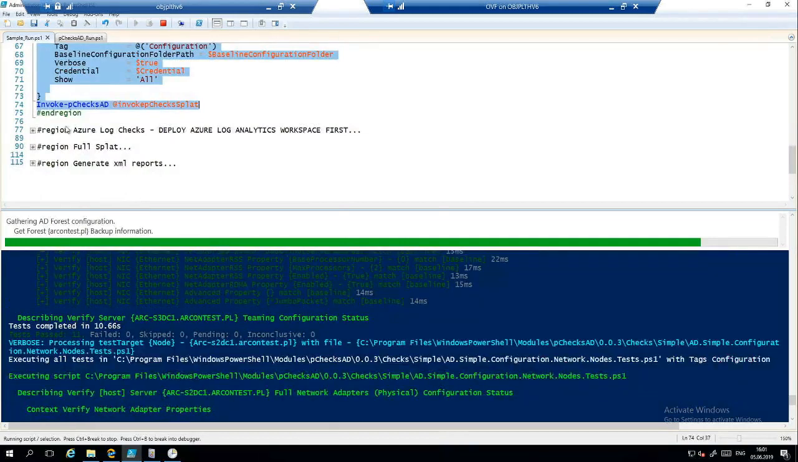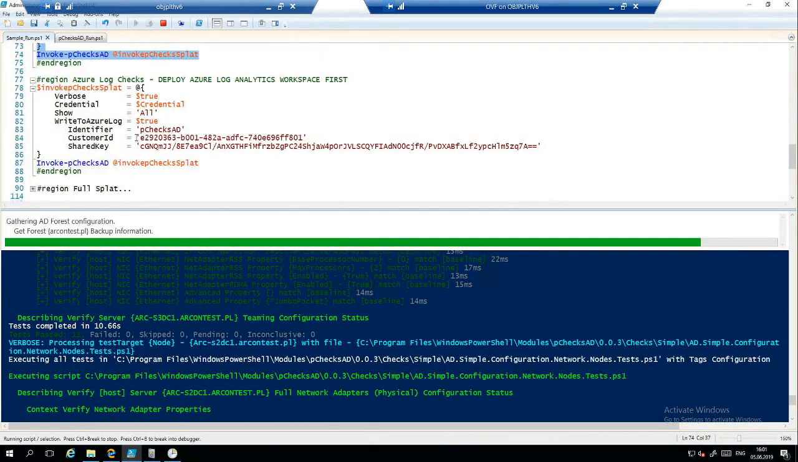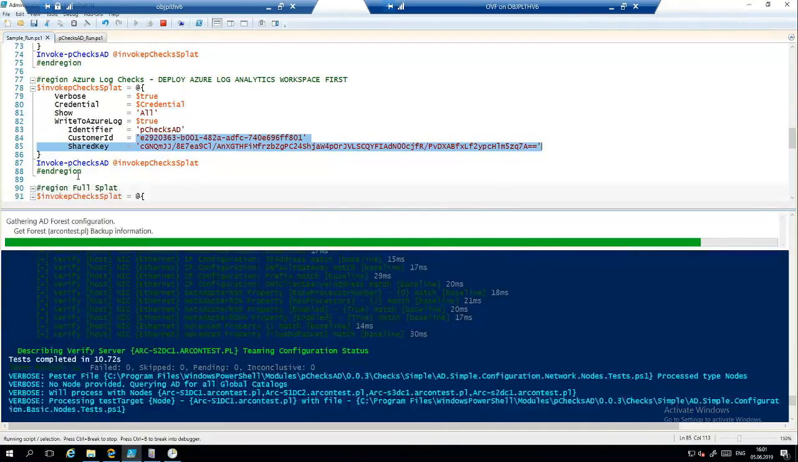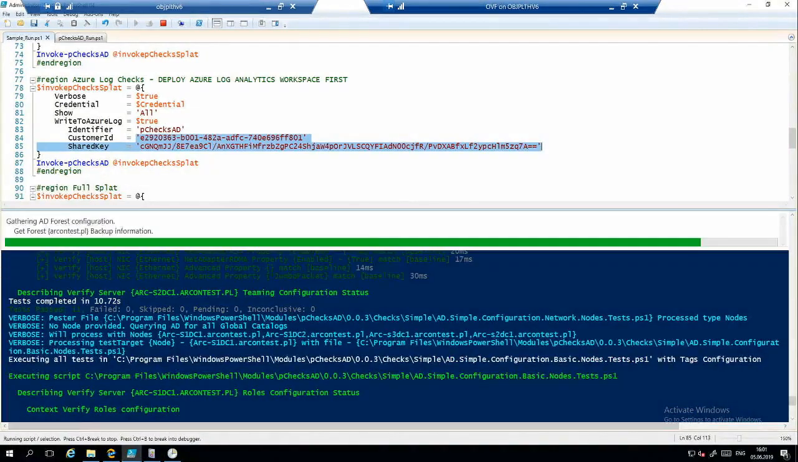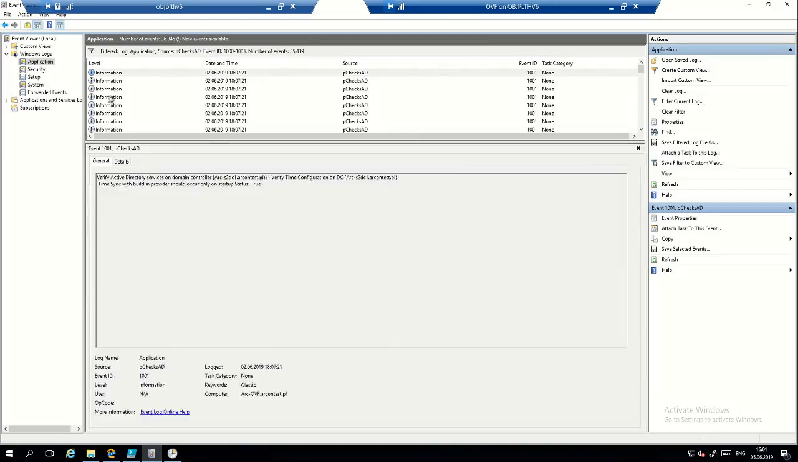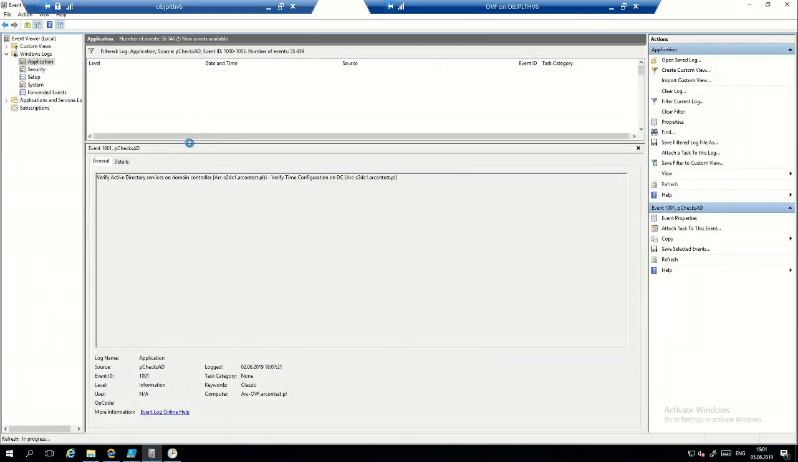Then we can send the logs to Azure. As you can see, I have the key and the ID in here. Let's make it run till the end. How does it look in the event log? So I already filtered that. We see